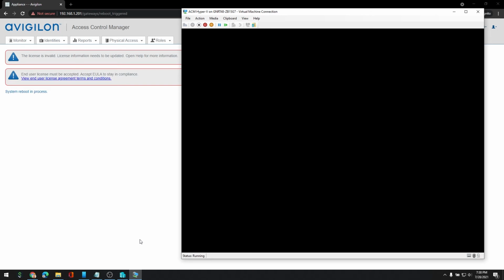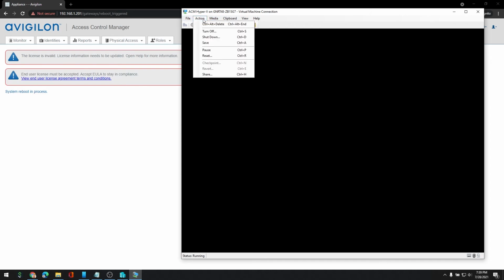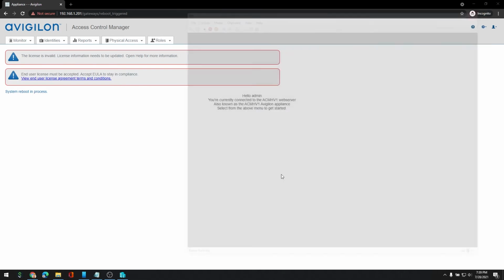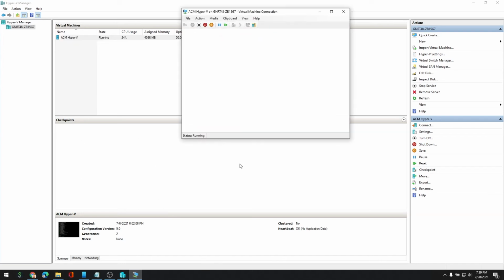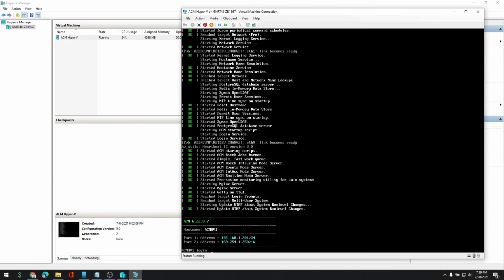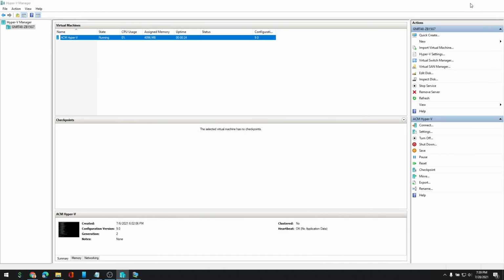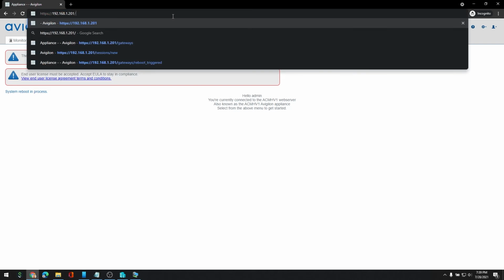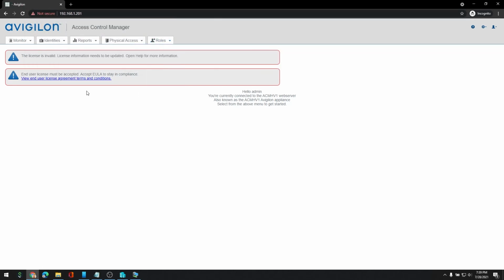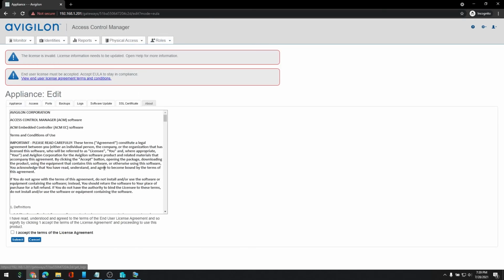Once you see the screen go black in the console, you can go back into the Hyper-V Manager, close the console out, and open up a new console to make sure that ACM is actually started back up. And you should see down at the bottom of the screen in the console window that it registers as 192.168.1.201. So we're going to go ahead and re-log in to that IP address, which you can do by just getting rid of everything other than the .201, accept the end user license agreement,